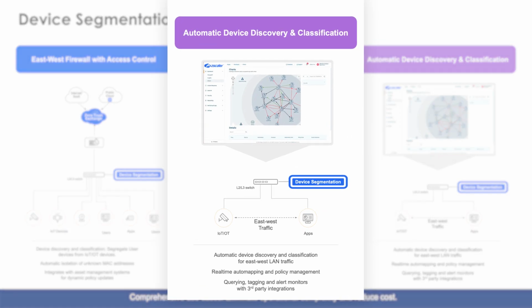And then discovering all of your devices in your network and classifying them, and then providing complete visibility into east-west and north-south communication is something that is extremely important to our customers. They want to be able to see which device is communicating with which device, what kind of devices I have in my network. For example, if somebody were to ask you today, how many Windows 2000 machines you have in your network that are using RDP protocol,